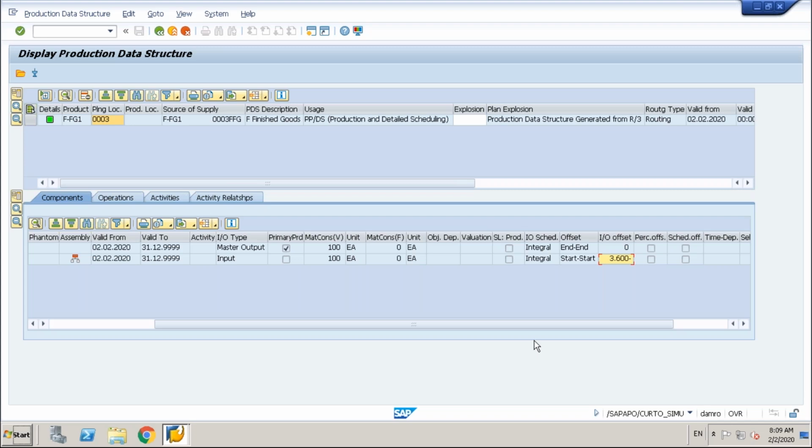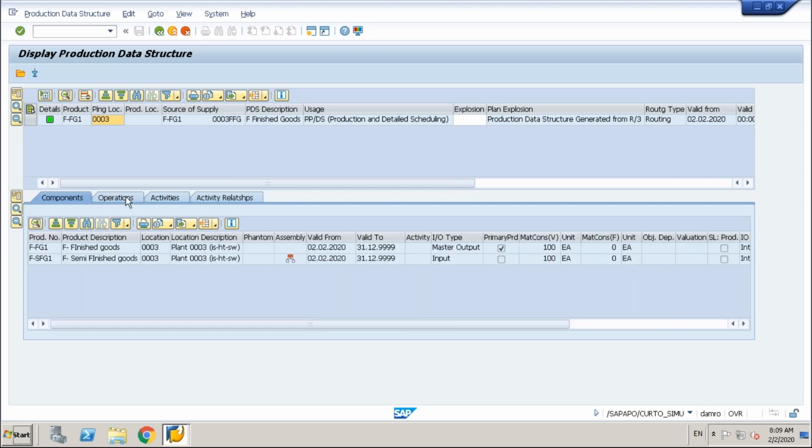So hence, you can also use lead time offsets in the BOM. I maintained 60 minutes there, and that is transferred here as minus 3600 seconds. So that is all I wanted to show for now. And then go to operations,